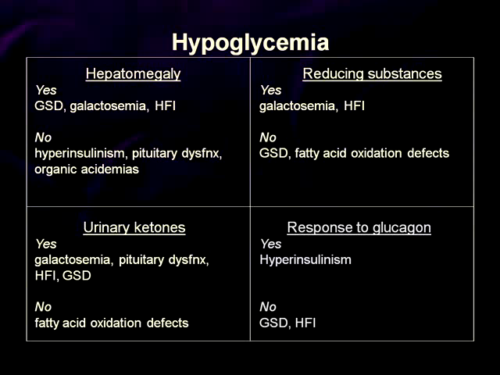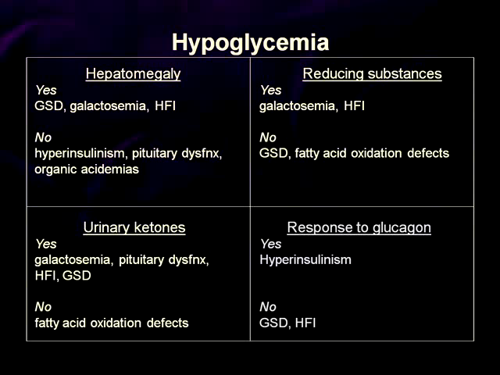And freaked out. Okay. Big liver: GSD, galactosemia, hereditary fructose intolerance, anything that injures your liver. Too much insulin, pituitary problems, organic acidemias: not a big liver. If you got reducing substances, you've got galactosemia or HFI. If you don't, you have a glycogen storage problem. You can't even get your sugar back out to spill into your urine. And fatty acid oxidation defects: